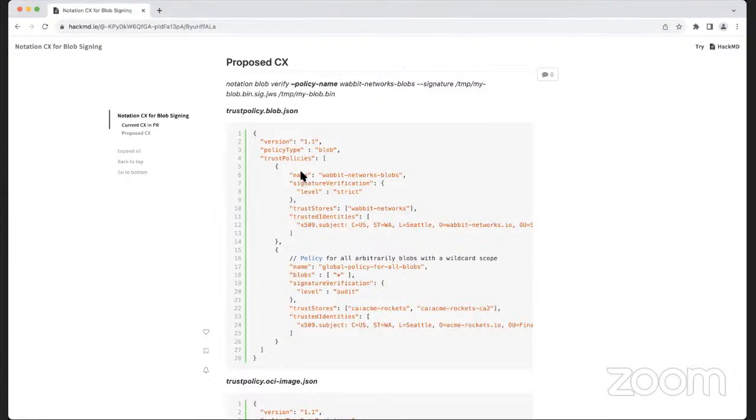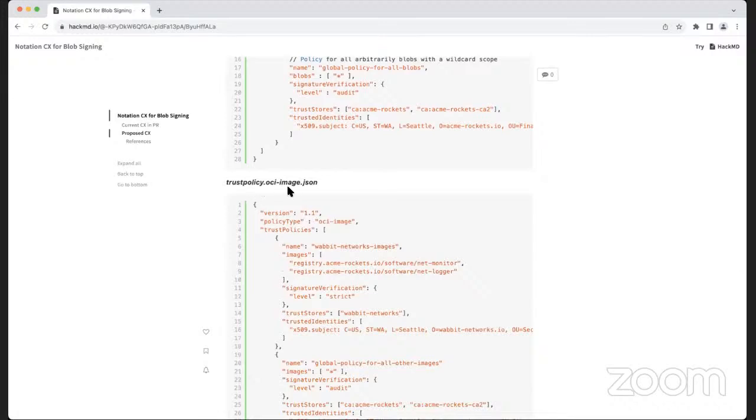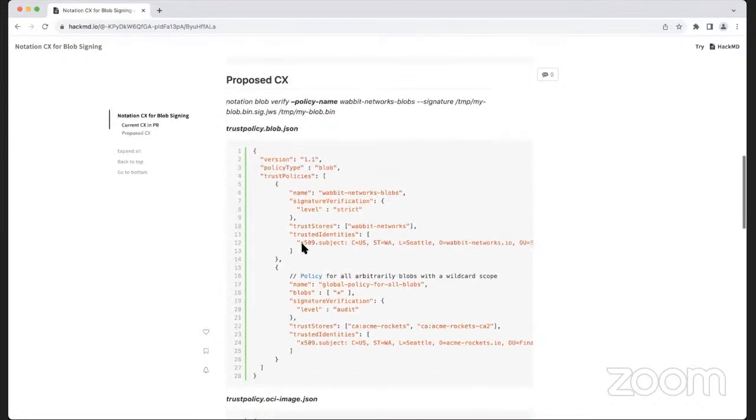And if we're keeping them separate, another option to consider is, can we separate these policies themselves by artifact type? So here, this is trustpolicy.blob.json. For the OCI case, for backwards compatibility, this is just a proposal, we can retain the existing one as is, not make any changes, so we don't have to make current users make any changes.